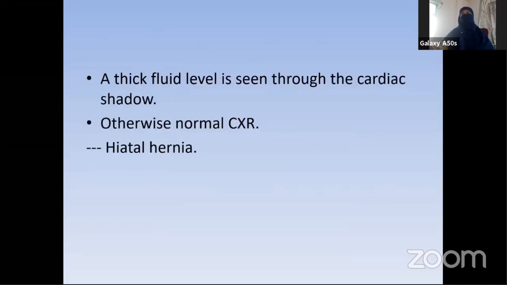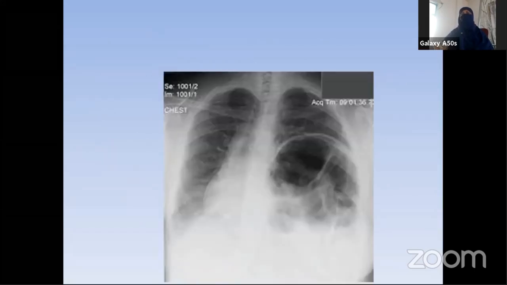We have stated a thick and long fluid level is seen through the cardiac shadow, otherwise a normal chest X-ray: hiatal hernia. And the last slide we are going to present is a case with